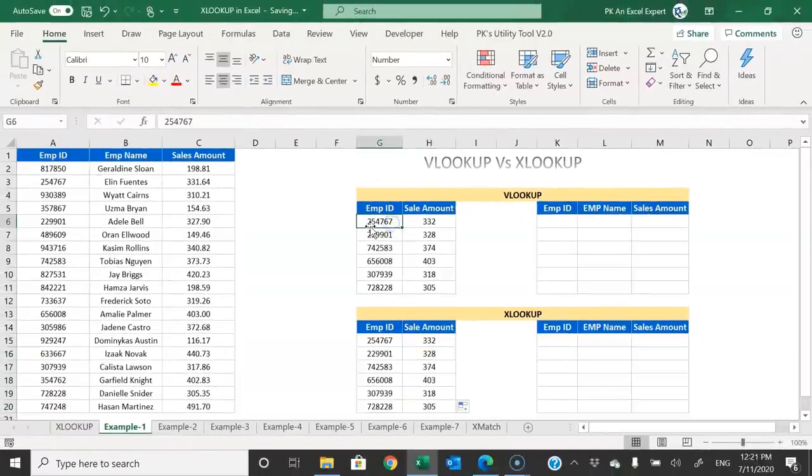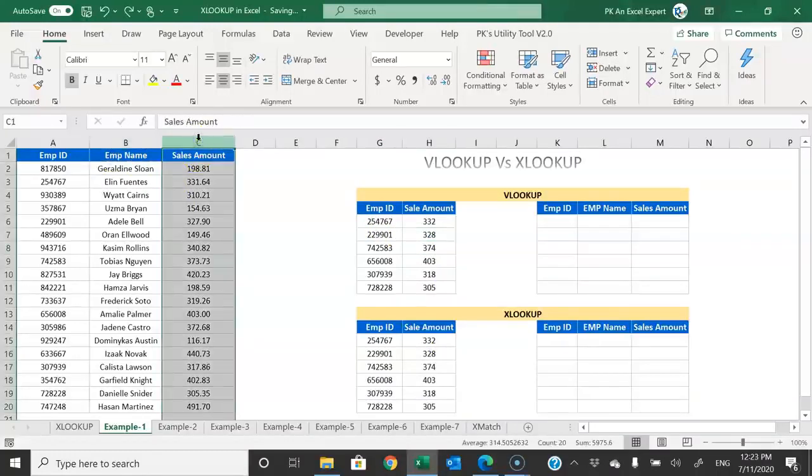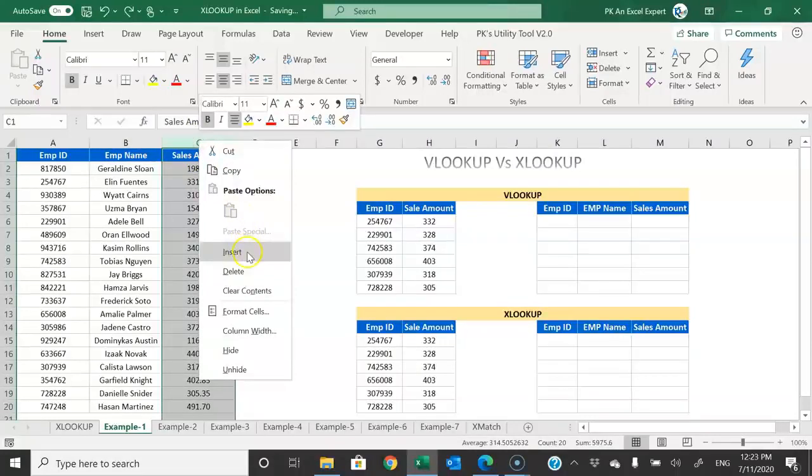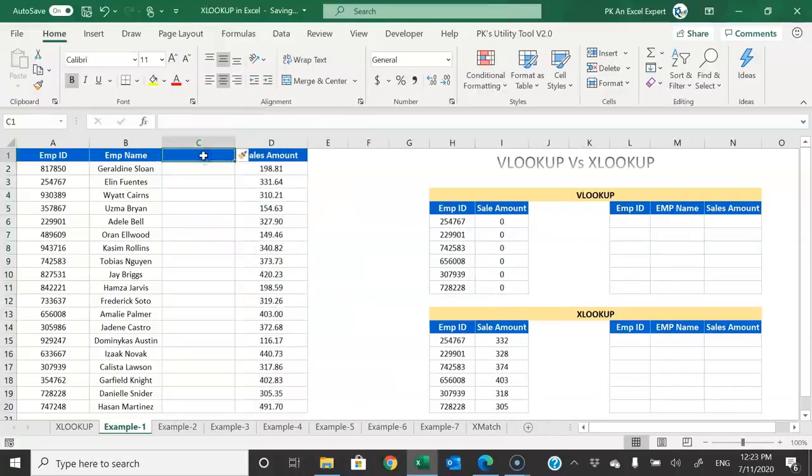Now I will tell you why XLOOKUP is better than VLOOKUP. Let's say we need another column after employee name, a supervisor column. I'm just inserting a column here and I'll put the name as supervisor, and then you can put your supervisor name. But just look at this VLOOKUP table. Here the sales amount is 0 now.